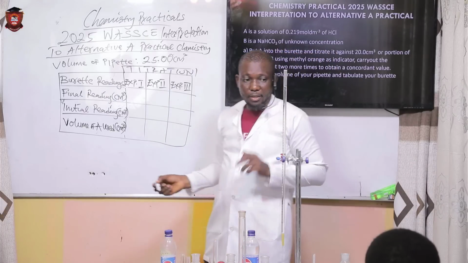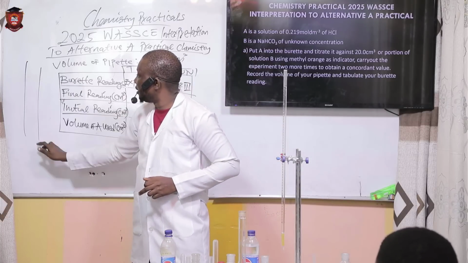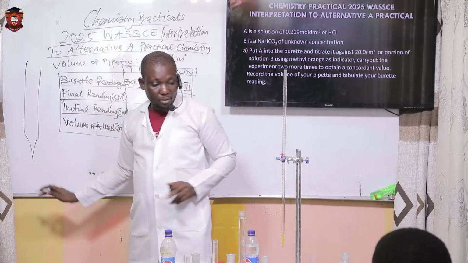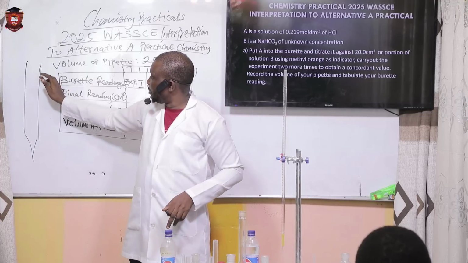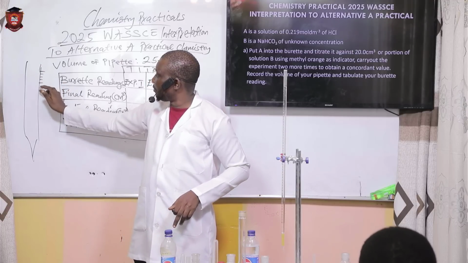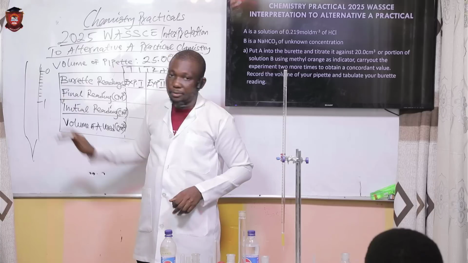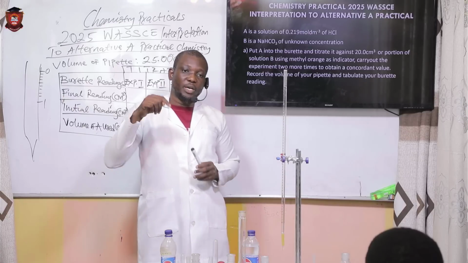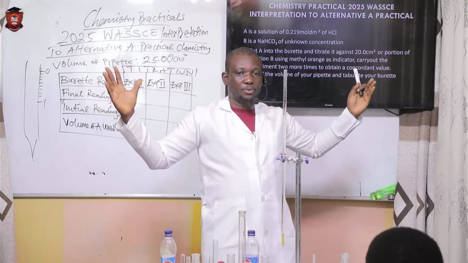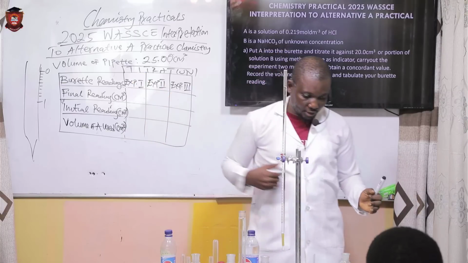What we are having here, let me have a clearer picture of this burette. This is the burette, and this is the end part of it. It is calibrated this way: 1 2 3 4 5, 1 2 3 4 5, 1. This is 0. Whenever I have a liquid in a flask that is not wide enough, not as wide as this,